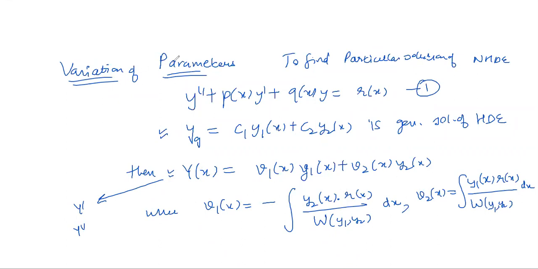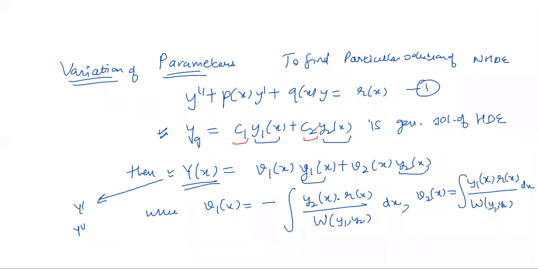Now, why is it known as variation of parameters? As you can see, the y(x) we are assuming is independent of r(x). We are no longer looking at whether r(x) is of this type, then y(x) will be of that type. The information of r(x) is contained here, but the choice is general. We assume that the particular solution is of the same type as the general solution of the homogeneous equation. The difference is that these were the parameters, the constants.